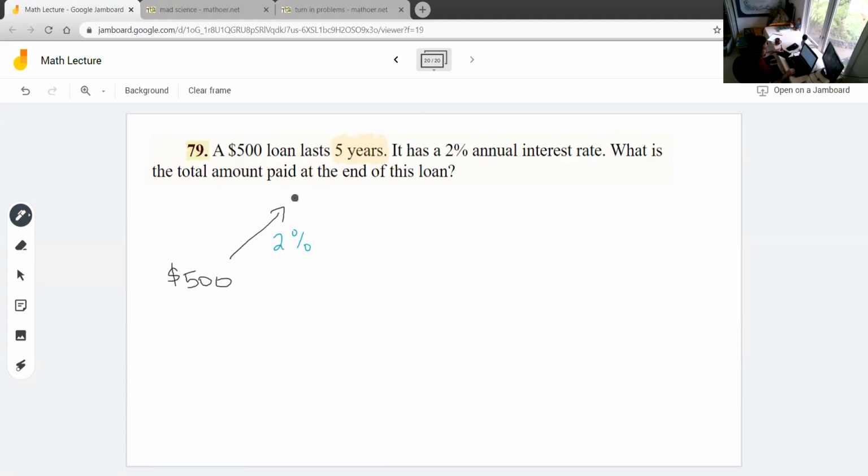But this isn't the end, because I'm going to keep increasing it after the first year. So I can't use the 1 plus trick. Instead, I have to go